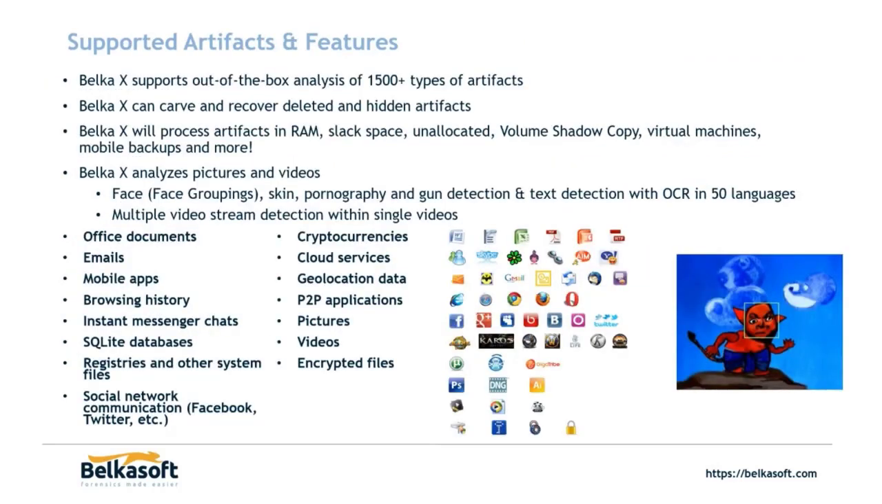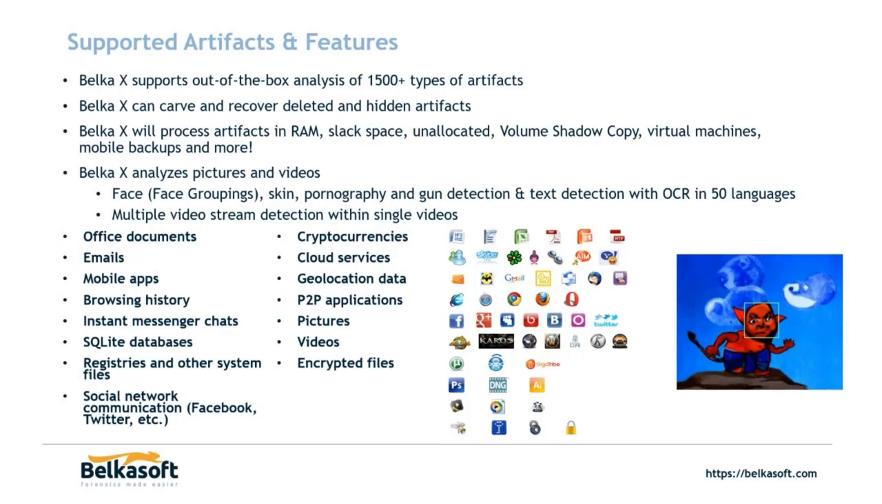As far as supported artifacts and features, out of the box, we're currently at close to 1,600 different types of artifacts. Belkasoft X can carve and recover deleted and hidden artifacts. With that, I mean we do support the free list, so if something is marked for deletion in a free list, we can pull it out and let you know that this was deleted. As well as slack space and unallocated space, you can carve these areas and look for deleted